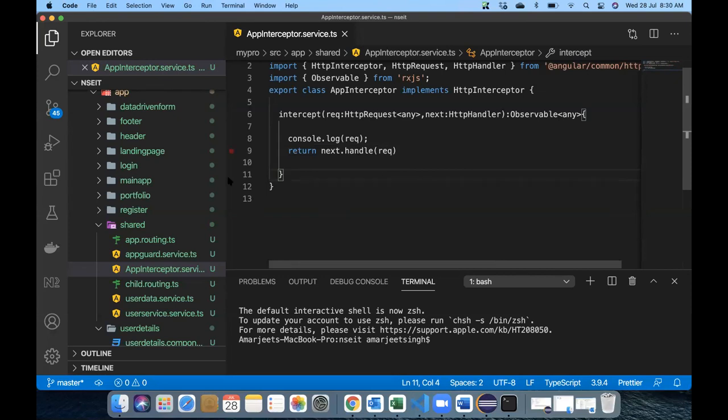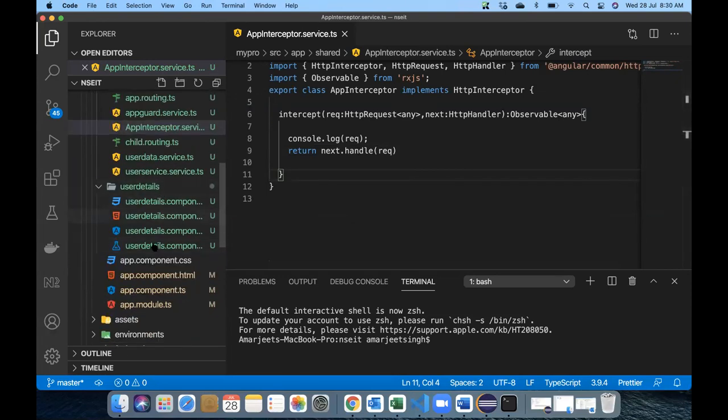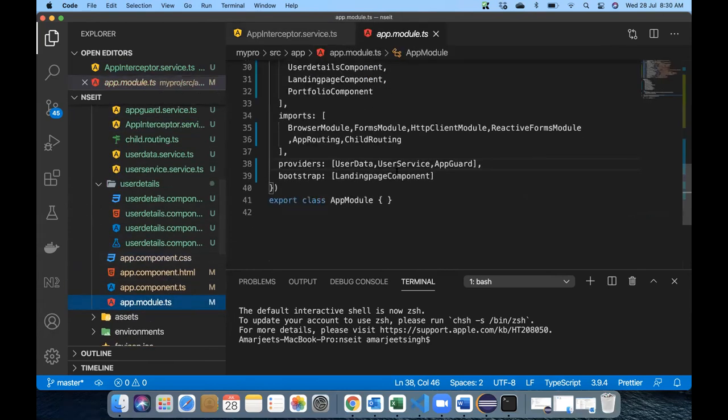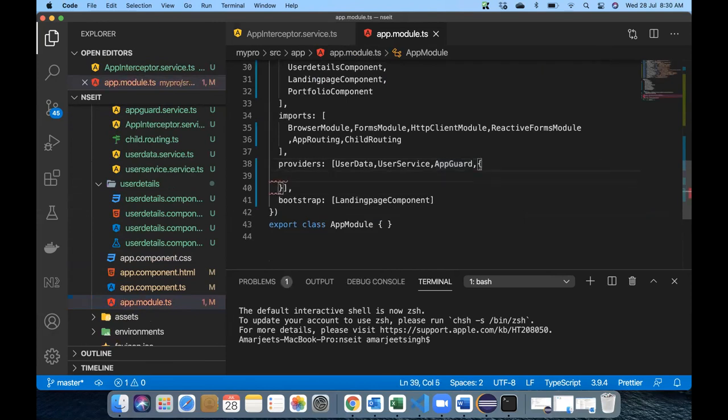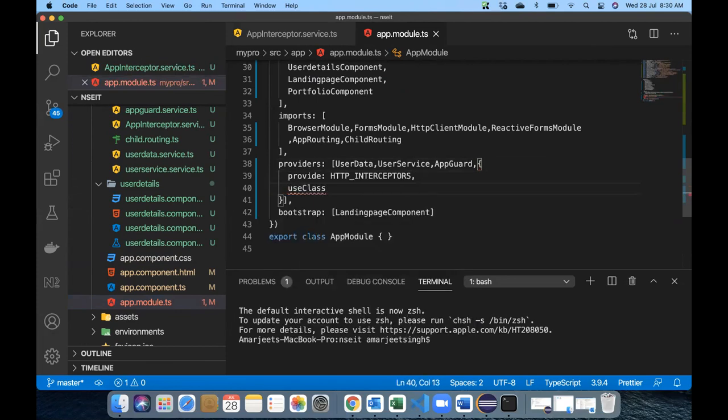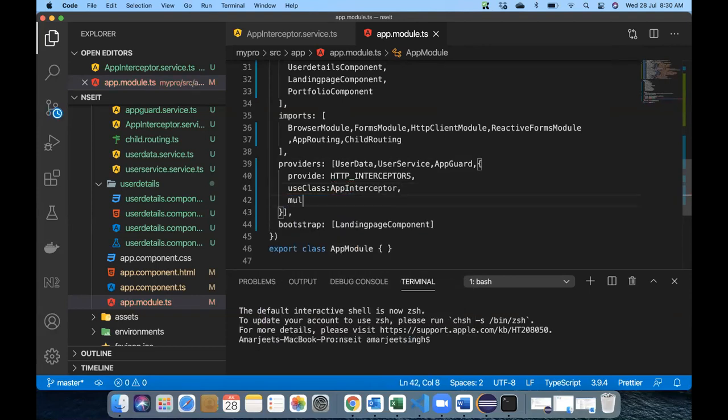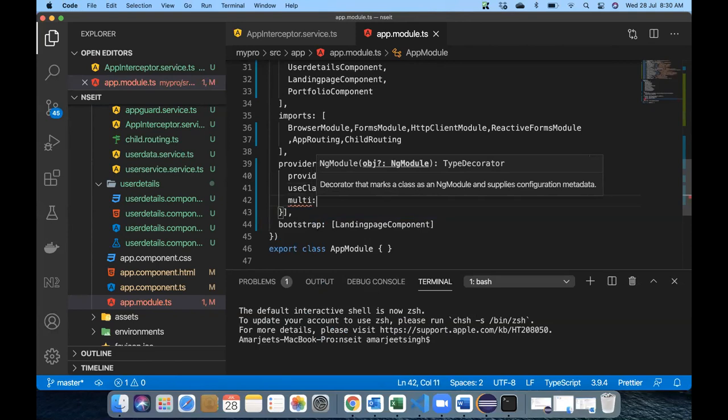So inside your app.module.ts, inside the provider section, you put curly braces and say provide HTTP interceptors, use class, which class we have, app interceptor, and multi true.